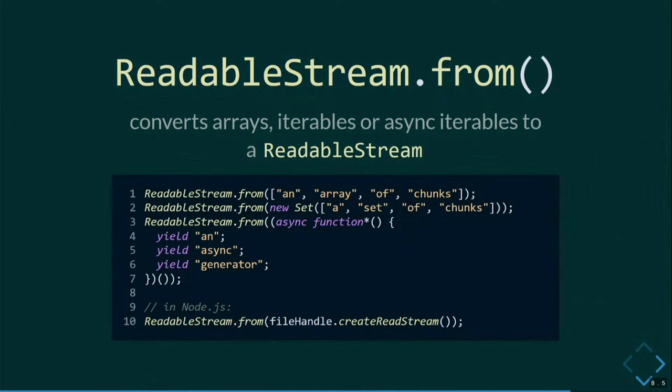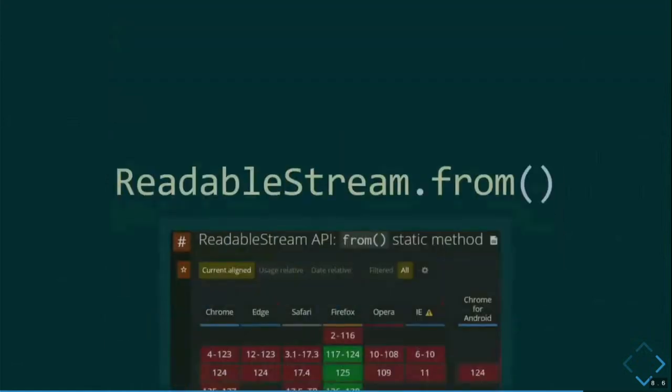Or maybe you're using this in Node.js, which also implements the Web Streams API, and you can take a Node readable stream, which is a different API, but it also implements the async iterator protocol, so you can convert that with ReadableStream.from into a readable stream. So this makes interoperability really nice. You can convert basically anything into a readable stream and then iterate over it with for await...of. You don't really have to worry about what kind of data you're dealing with, what kind of format it is. You can convert back and forth however you like.